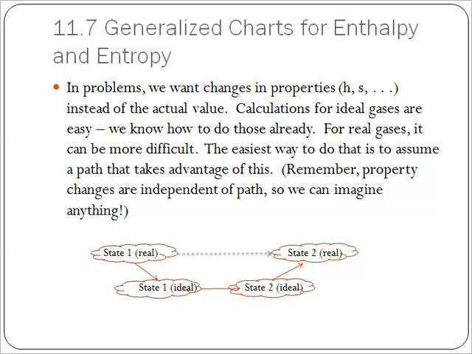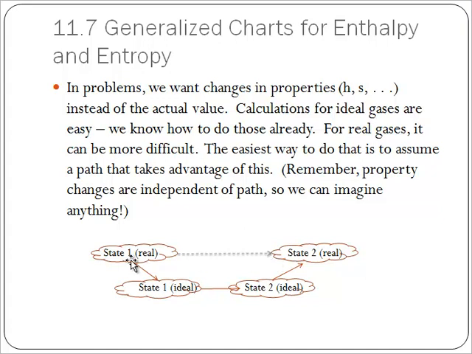And for some real gases, I can do this because I have a lot of data available to me. But for other substances, this can be a little bit of a challenge. So what we're going to do is take advantage of the fact that a property change is independent of path. So when I'm trying to go from state 1, a real substance, to state 2, a real substance, I would normally be taking perhaps this blue path, but I could, as far as calculations go, just as easily do some other more creative path.